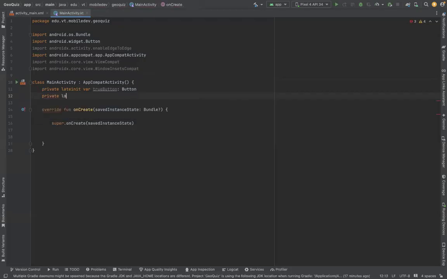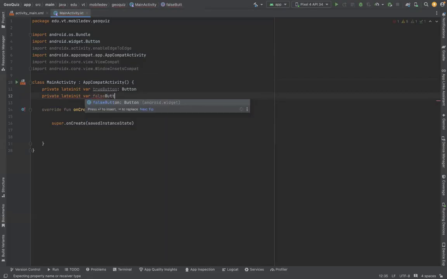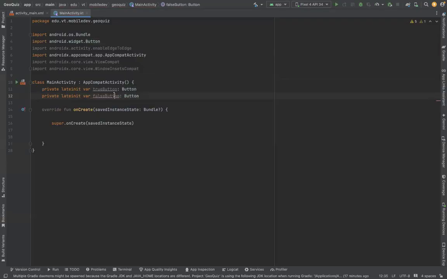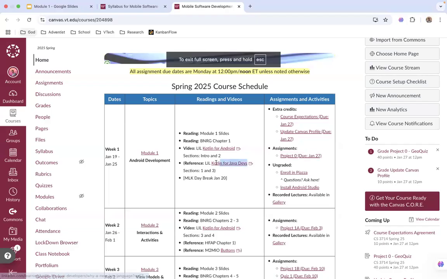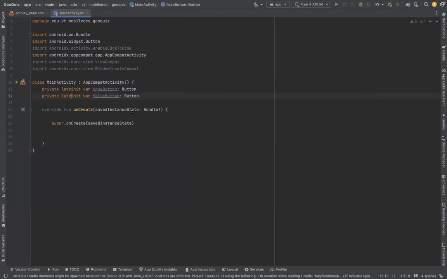So lateinit var, and I'm going to explain what this lateinit var is doing, right? False button, right? So basically, if you've done Java, this might be confusing to you, because in Java, the data type is usually mentioned at the front, but here the data type is Button, lateinit var. I shared some videos with LinkedIn links on Canvas. These two lectures explain it in much more detail, but in short,